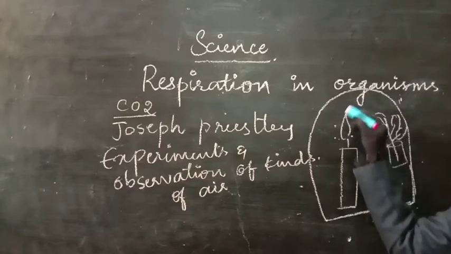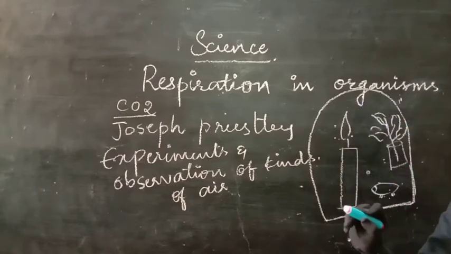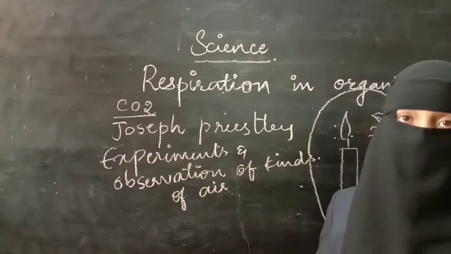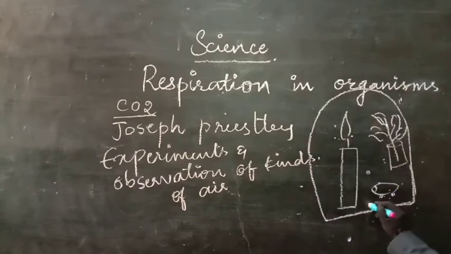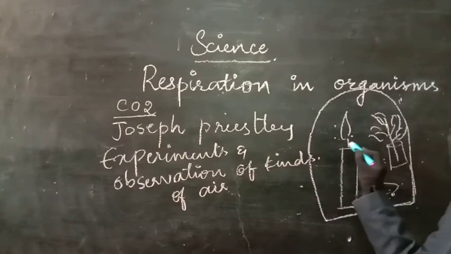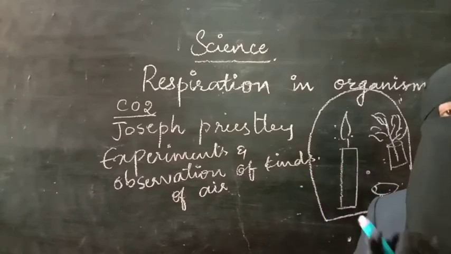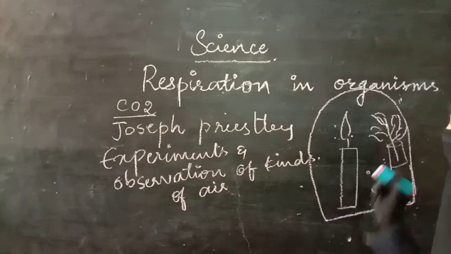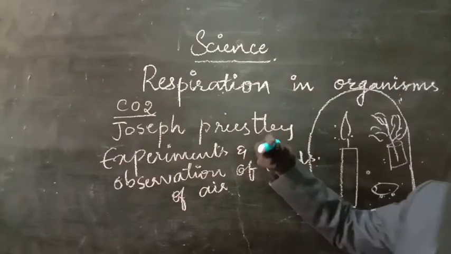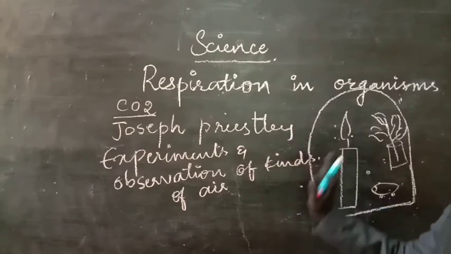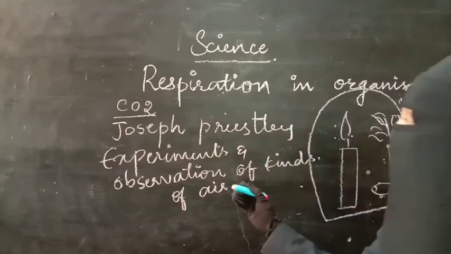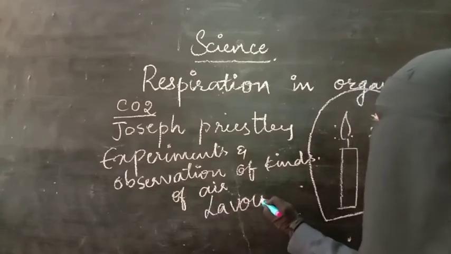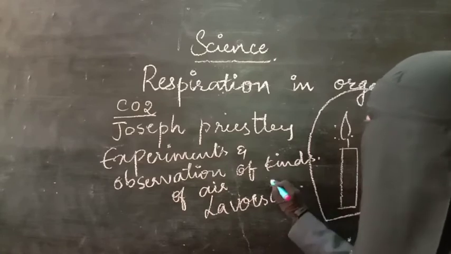So he said that there are some changes going on in the components of air, and that there is a substance present in the air which is helpful in the survival of animals and human beings, and if something should be burnt, it will burn in the presence of this gas. But he could not finally give a name to it. He shared his observations with one more scientist, none other than Lavoisier.